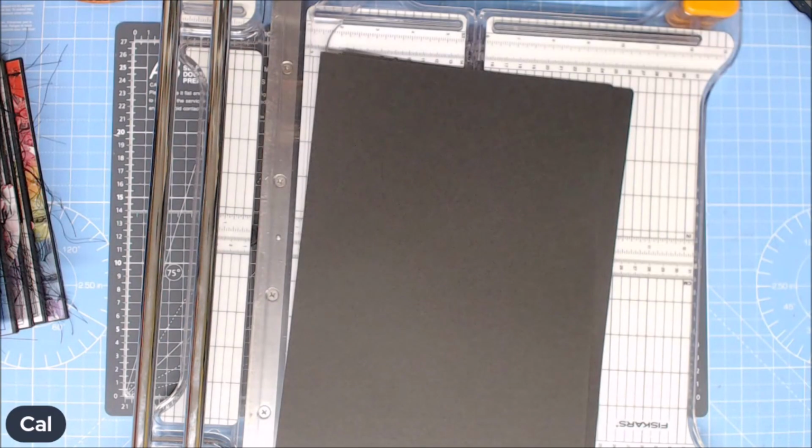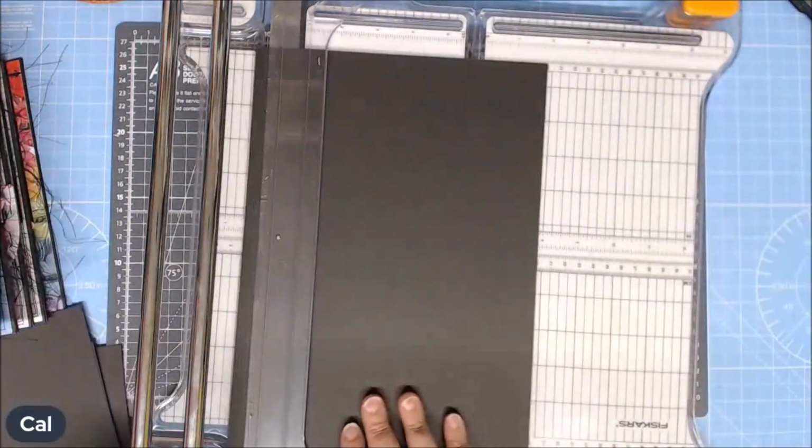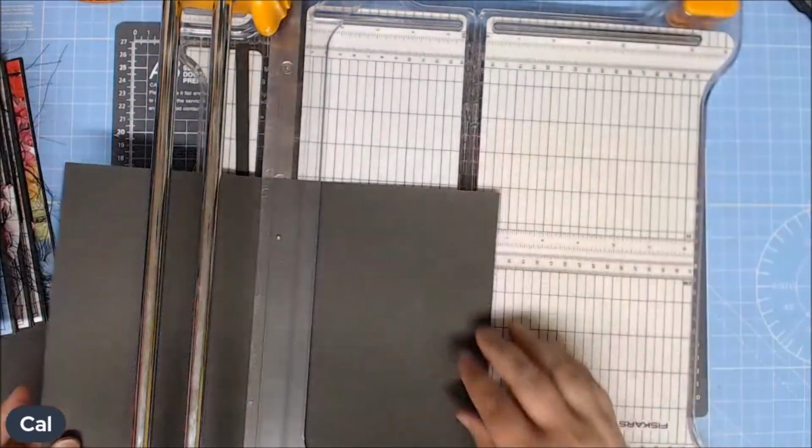Okay, so it's onto our base pages, and as I mentioned before, this book has 4 pages. They're all identical front and back, but we're just going to concentrate on making the page bases right now. So I want you to cut 4 at 5 1/8 by 7 7/8. Now,